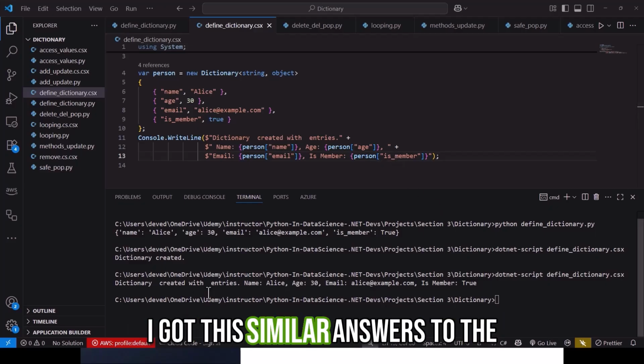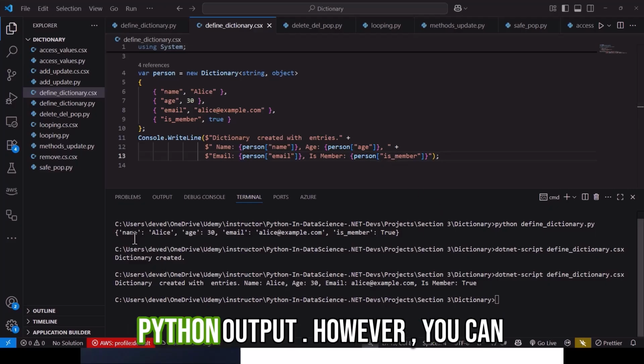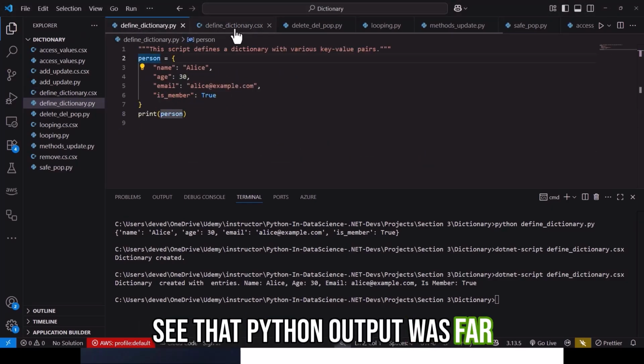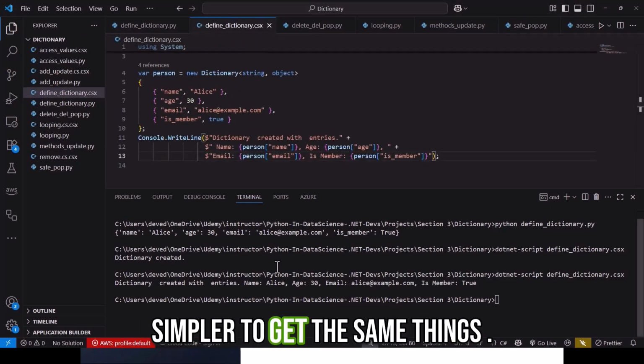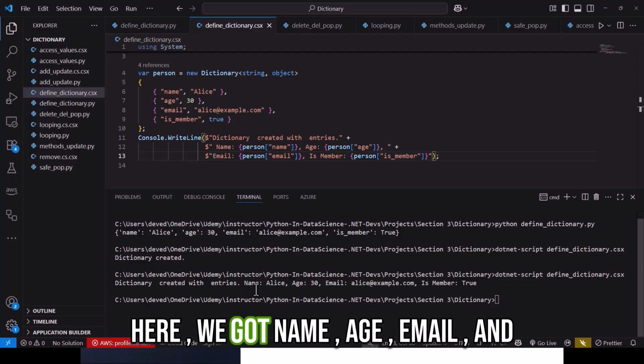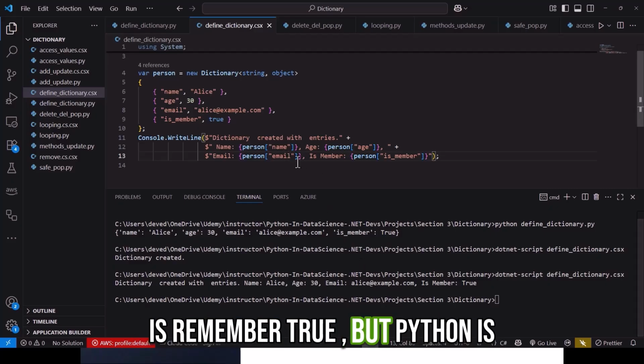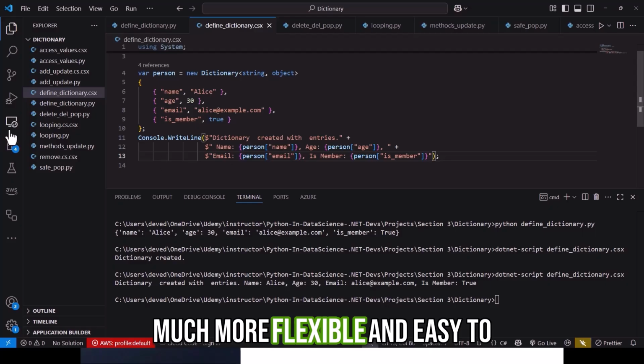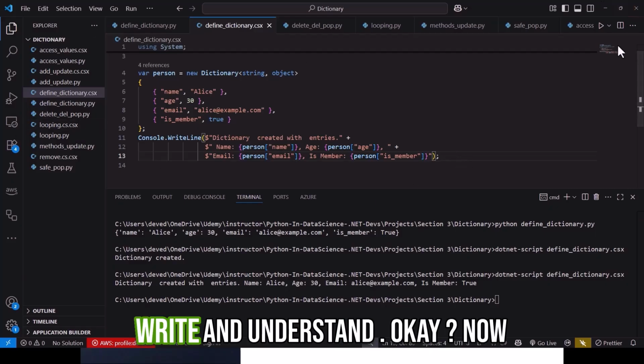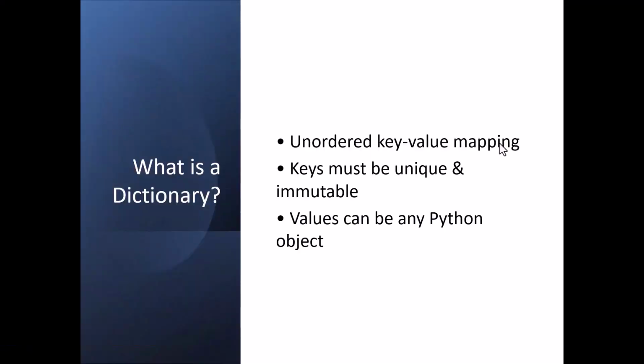Now I got similar answers to the Python output. However, you can see that the Python output was far simpler to get the same things. Here we got name, age, email, and is member true. But Python is much more flexible and easy to write and understand. Okay. Now, next is